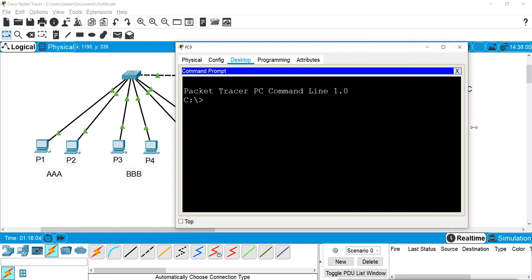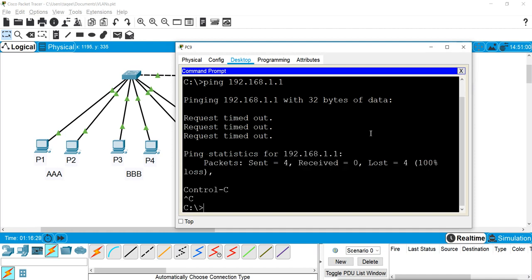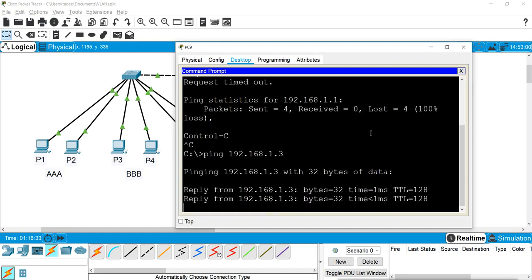So if I try to ping 192.168.1.1 from here, it will not get the reply because it is from VLAN A. But if I try to ping the other like 3, it can get a reply because it belongs to the same VLAN.